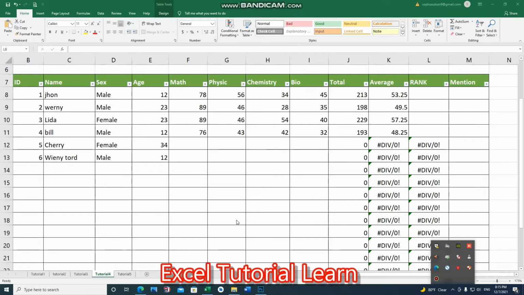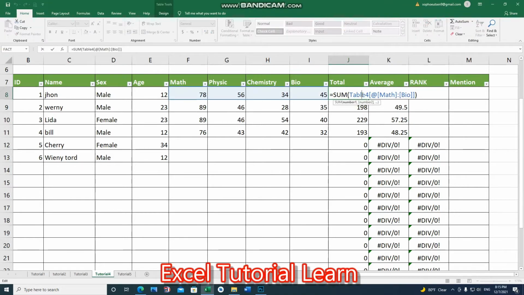In this video, I would like to introduce the rank function. In the last tutorial video, I talked about the sum and average functions in Excel. The sum function is used to total the values of two or more cells. And average calculates the mean of the cells that we want to average. And in this tutorial I